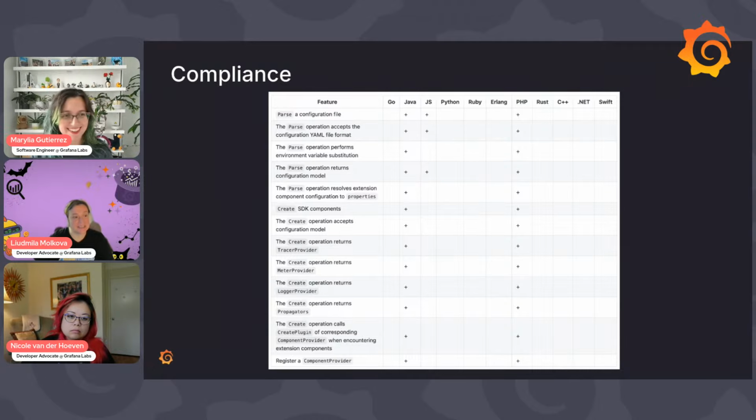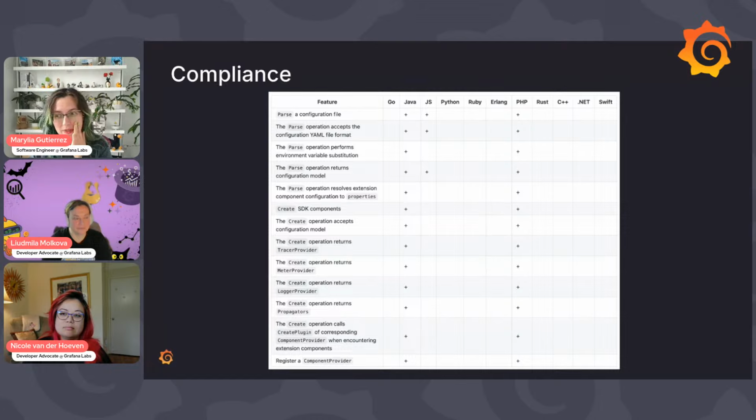Nice. Is it in development or is it stable? What is the status of the configuration story? So right now it is release candidate 2. So hopefully very soon it will be marked as stable. That is the plan. Hopefully in the following weeks we will have some official stabilization of it.